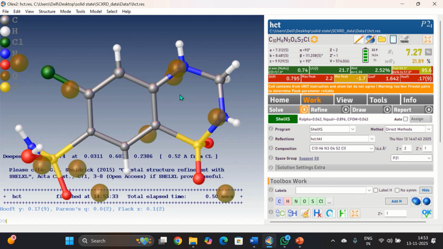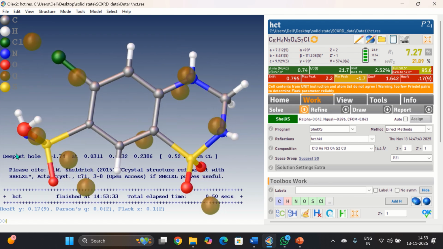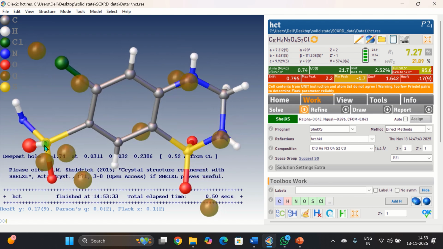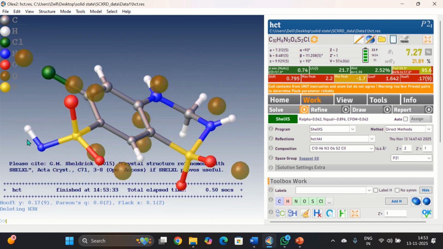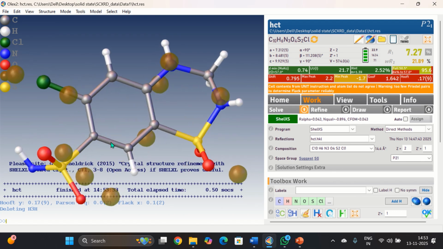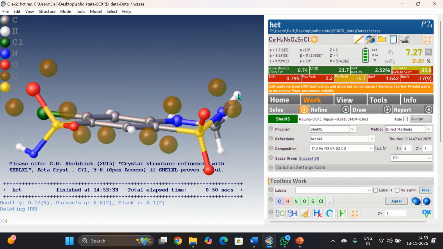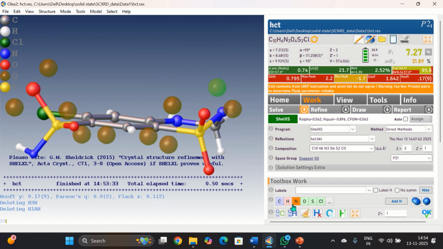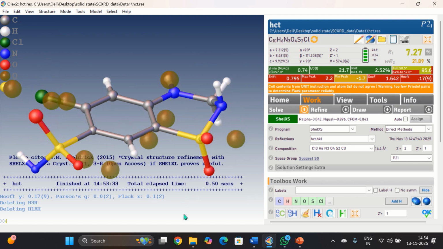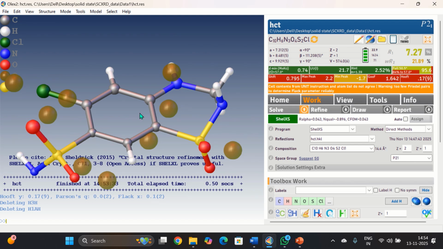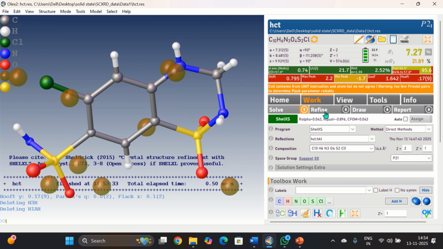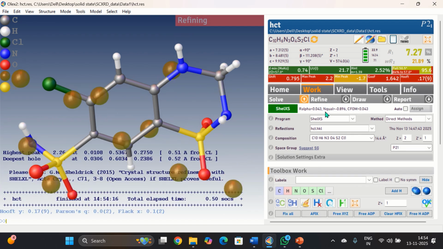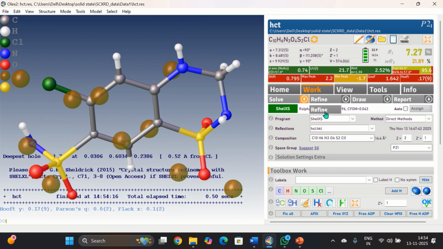7.27. Okay, there are still some changes that need to be done, like an oxygen atom cannot have a hydrogen, and a nitrogen is supposed to have 2 hydrogens. Okay, and the nitrogen's hydrogen is kind of planar, so we'll assign this electron density as hydrogen. And let's refine it again. Refining it gives us a new structure